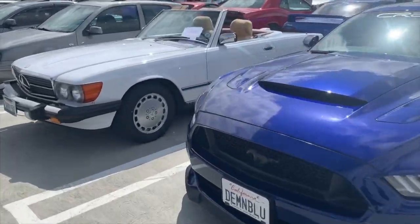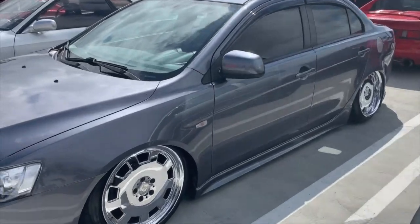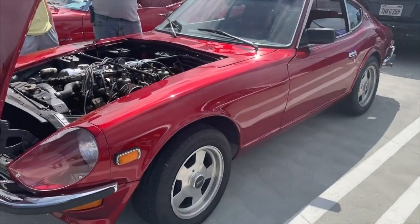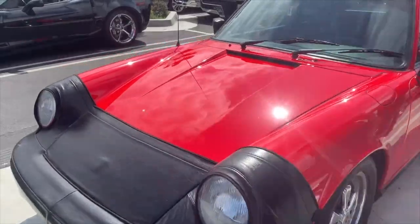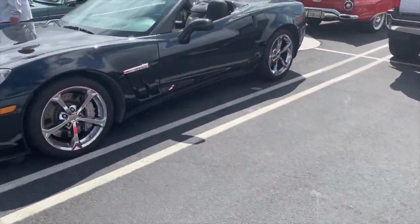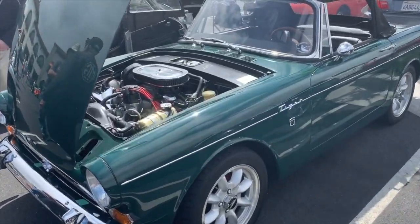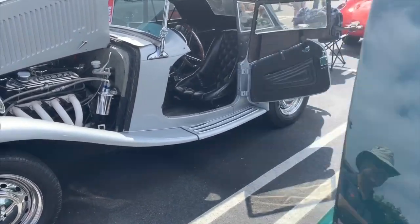Mustang, Mercedes convertible, Golf, little Mitsubishi there. A Nissan, another little Datsun here. Got the twin SUs on, which is kind of cool. 67 Camaro, Porsche, Corvette. Another one of these Tigers, and now the hood's up on this, we can actually show you. So there's that V8 in this thing. So interesting. Next to it, little